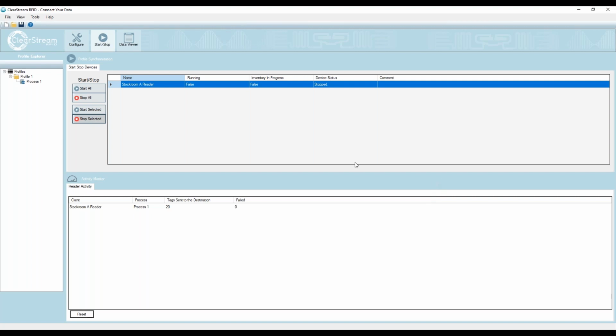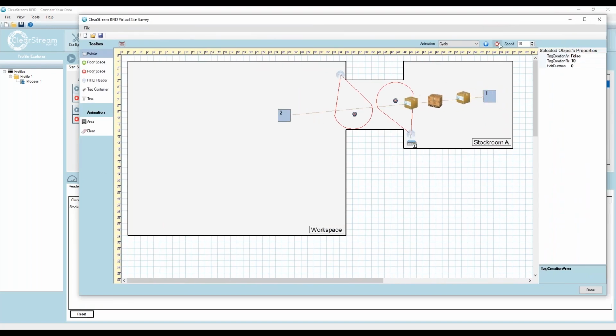So the next thing I thought I'd set up is another reader in our environment, just for a different type of setup. So this one's doing the check-in, check-out options, and I'm going to go ahead and let these come back into the stock room. I'm going to go ahead and set up some workstations out in our workspace where we're going to track product for how long they're at an area. So let's put these things away